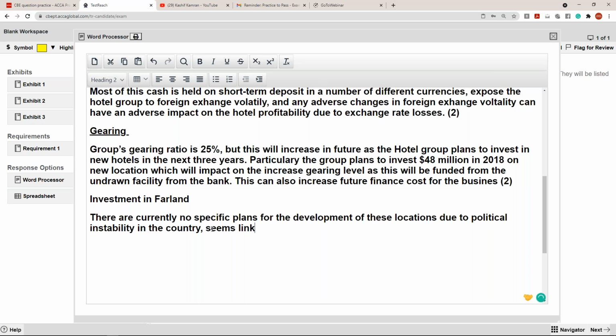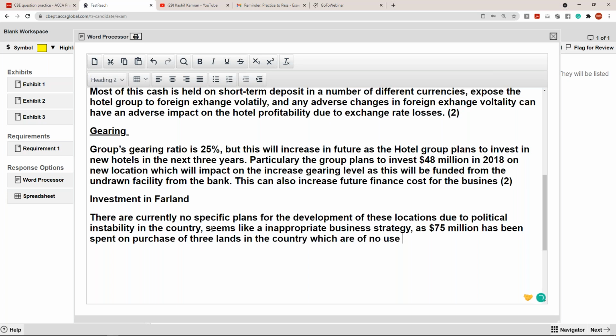Seems like an inappropriate business strategy, as $75 million has been spent on the purchase of 3 lands in the country, which are of no use currently, and